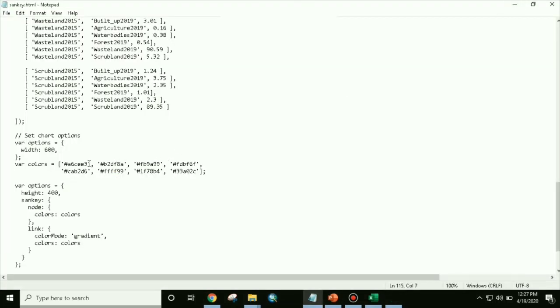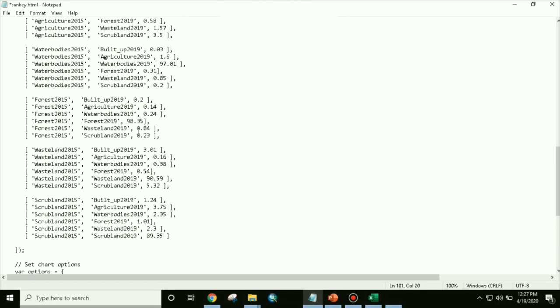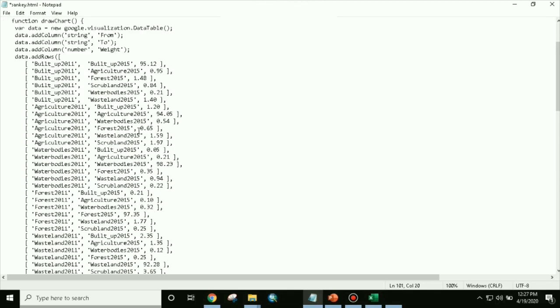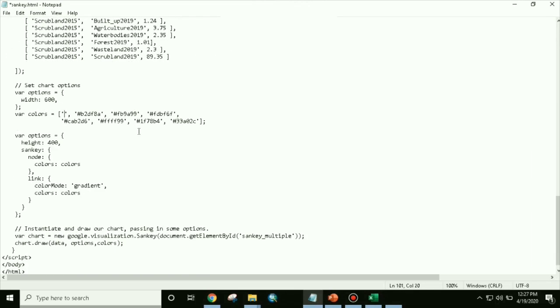So first color what we can put, as our variable is built up, it is represented by red color, so we'll put red. Then agriculture is mainly green color. Then forest, so it is dark green.